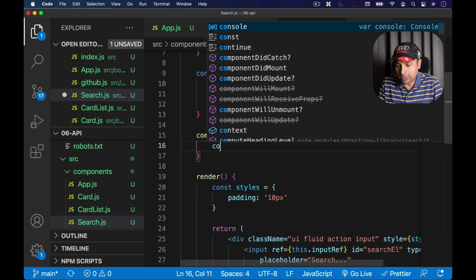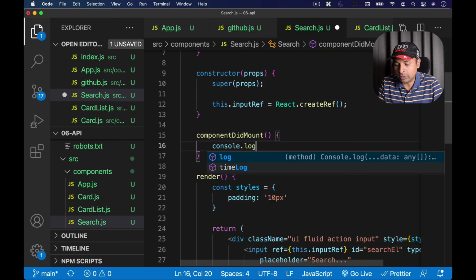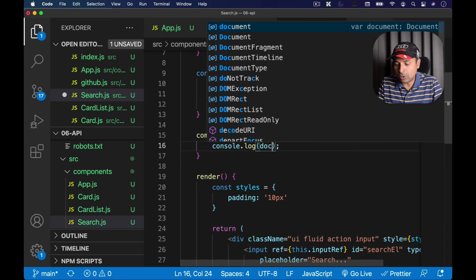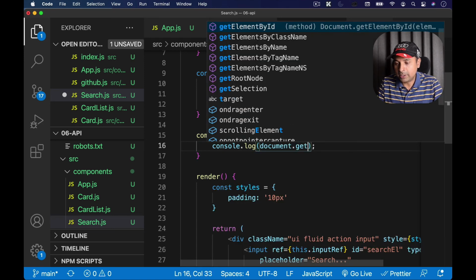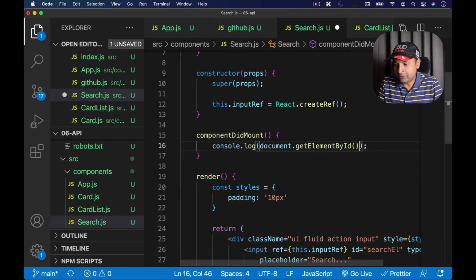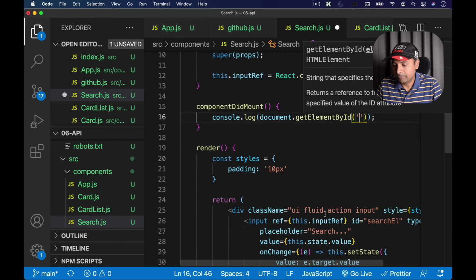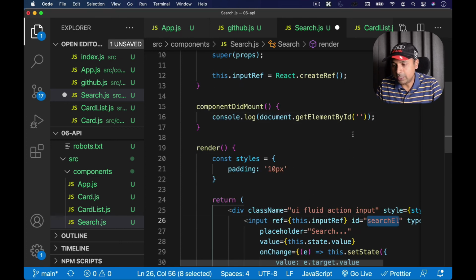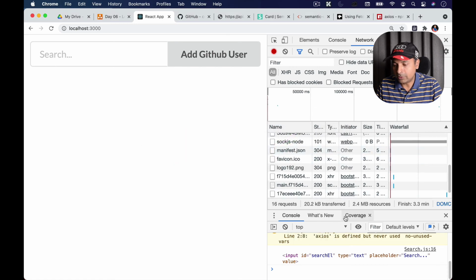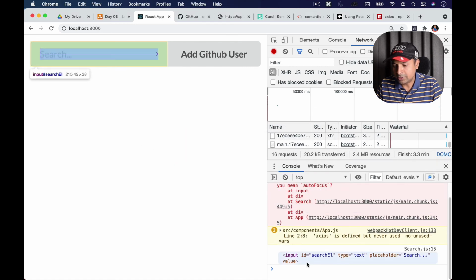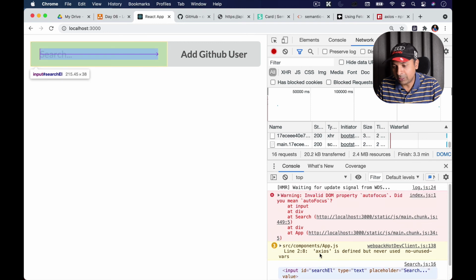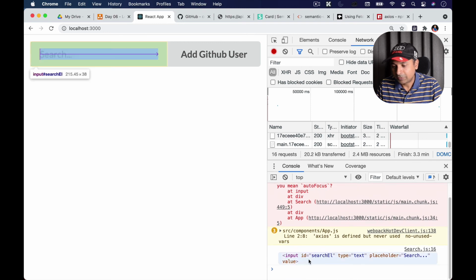One way, let's try to do this. Console.log. Let's see if I can use document.getElementById. I have already given the ID to that ref, that is search elements. I'm going to copy and paste. So I'm trying to console.log the search element. I'm going to save and go back to my application. You see that? I can still refer to the input element using getElementById also,